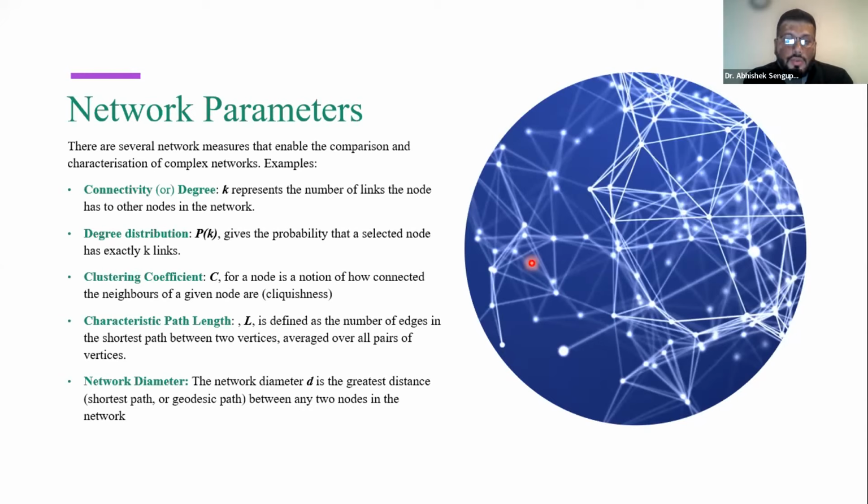Then degree distribution, represented by pk, is obtained by counting the number of nodes with k links, like 1, 2 links, and dividing by the number of nodes, to distinguish between the various network topologies. Then the clustering coefficient is another important parameter for studying